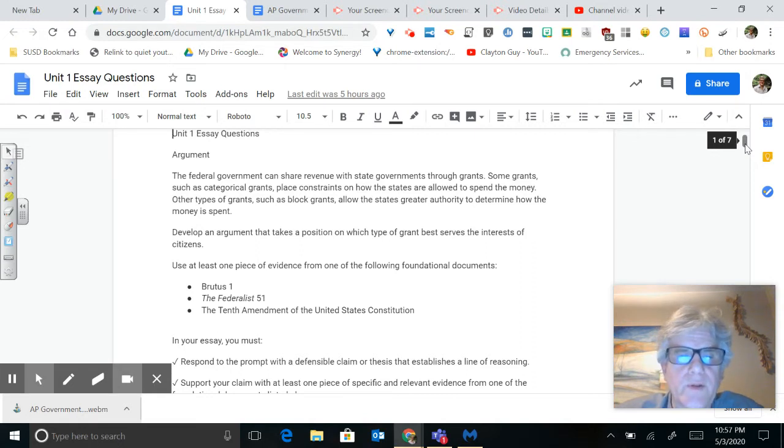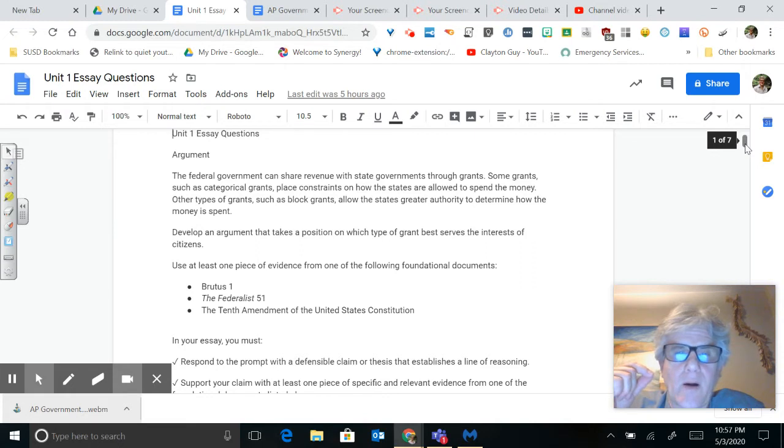So you have to use, in this case, probably Federalist 51. Or you can use Brutus 1 as the argument against the other side, but you do need to use Federalist 51, I would say, and then use another law, another grant. So you'd use another categorical grant, whether it's the land grants, Head Start, or highways. Raising the drinking age to 21 was best for citizens, reduced deaths, reduced highway accidents, and it gave states the money for doing that.